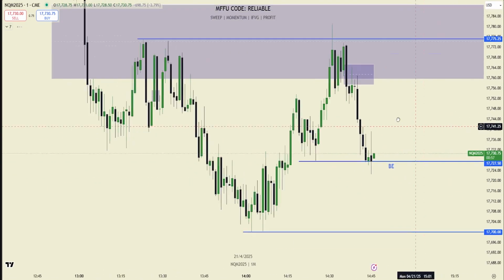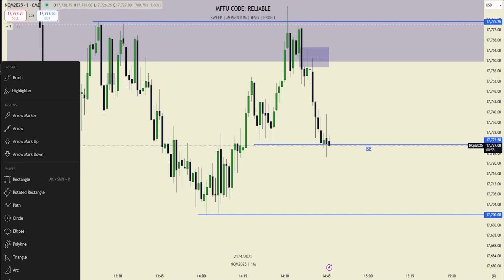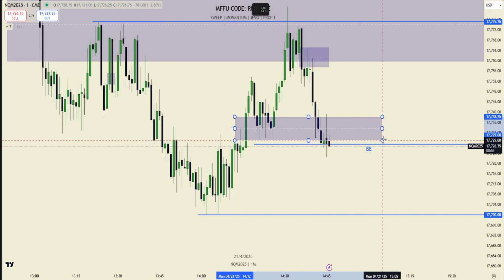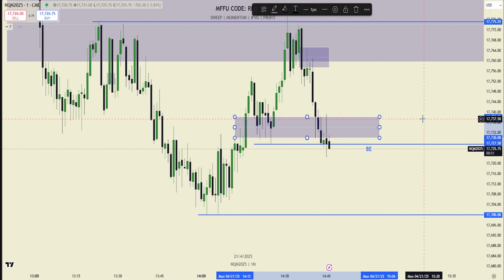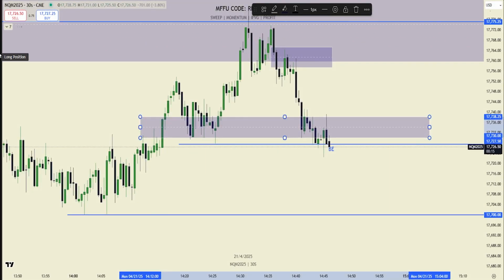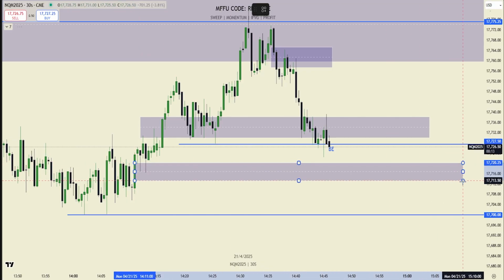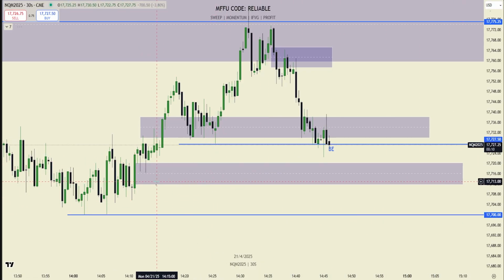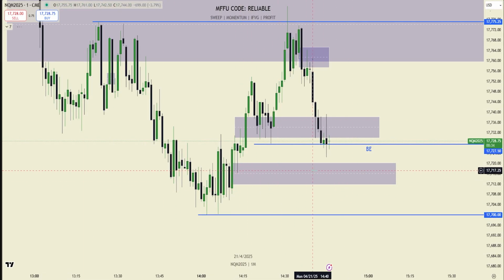So we have this 1 minute here that got inverse to the downside. Once again, good sign for shorts. If I was expecting higher prices here, I would have definitely wanted to see that 1 minute hold. Now the last gap we have here would be this 30-second. If we broke this 30-second, I would obviously be expecting a lot lower. This would be the last place we could pivot, right? Until we sweep below.